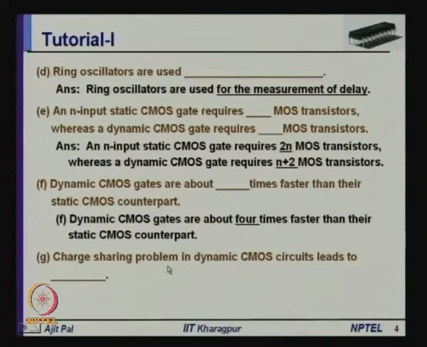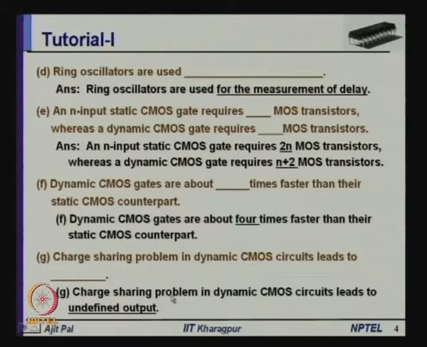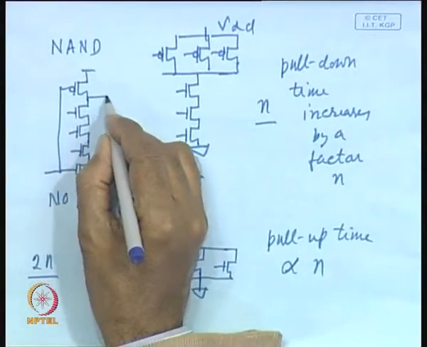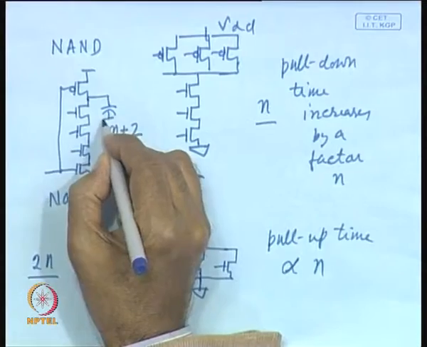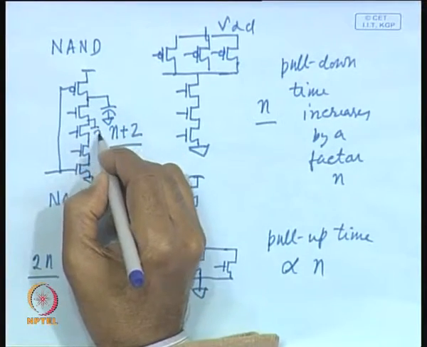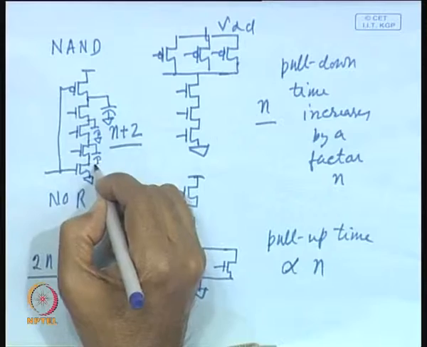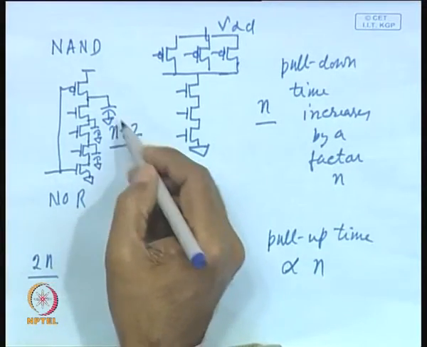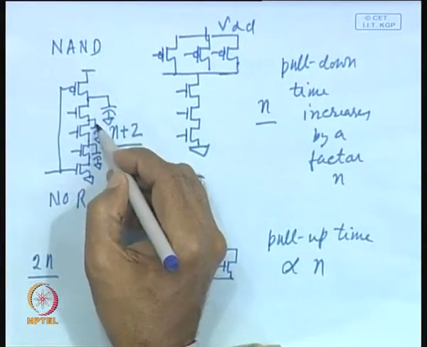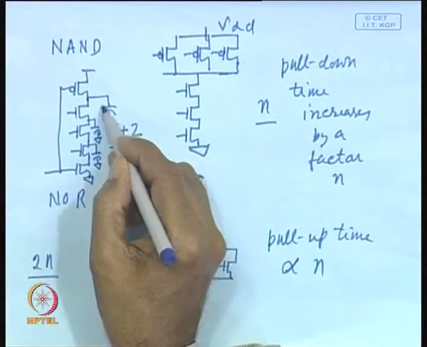Next question is, charge sharing problem in dynamic CMOS circuits leads to some problem. What is the problem? Charge sharing problem in dynamic CMOS circuits leads to undefined output. So, we know that whenever a dynamic CMOS, say for example, here this one, we have a load capacitance, and here 2 more capacitances are present. It may so happen that because of charge sharing, after redistribution of the charge which is stored during pre-charge period